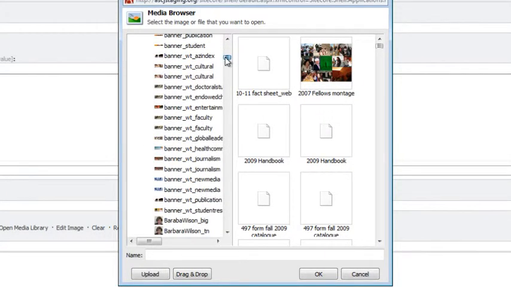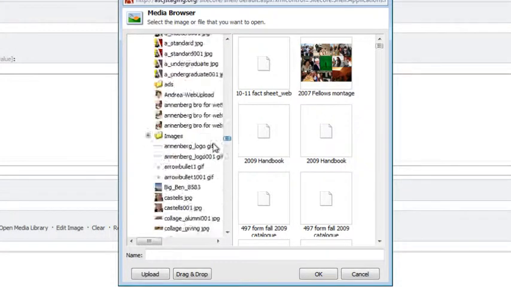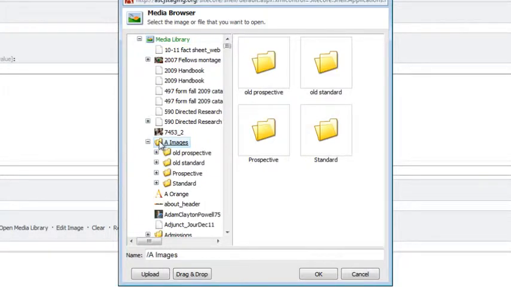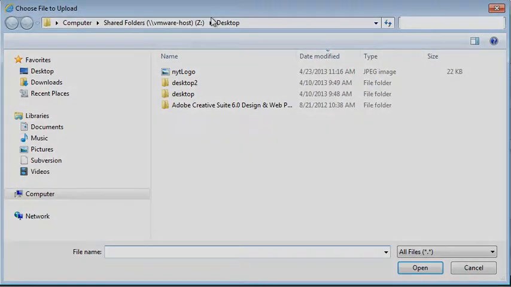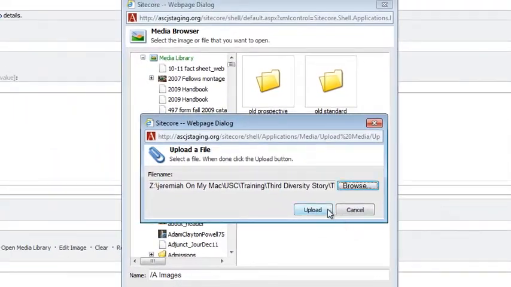So it's best to upload to a specific folder if your group has one already. In our case, we're going to upload to A-Images. So we're going to click Upload so we can upload a new photo into the media library. Click Browse, and I have a banner image ready. We'll open that up, click upload,